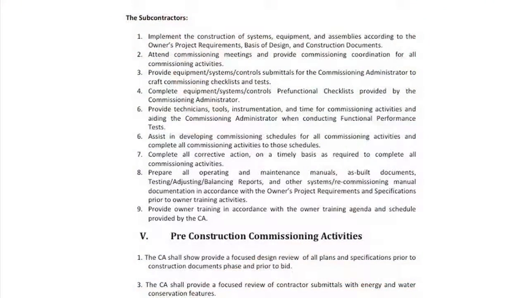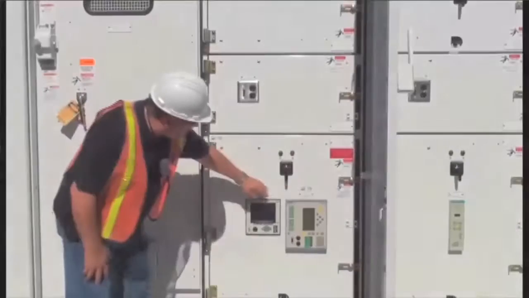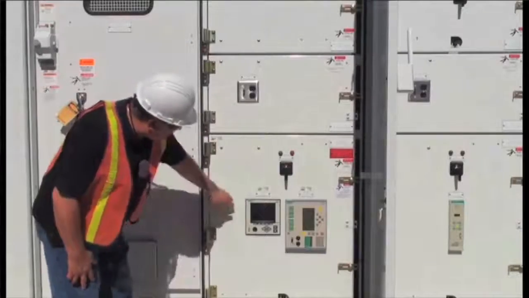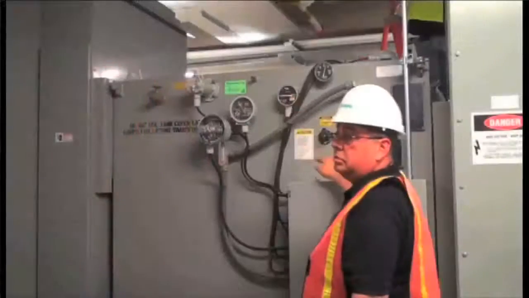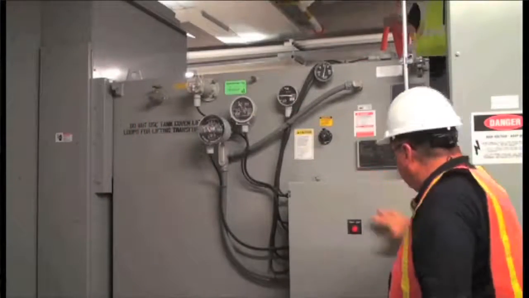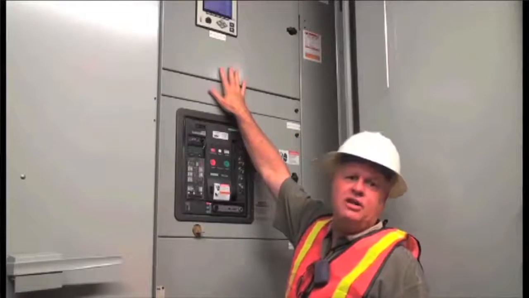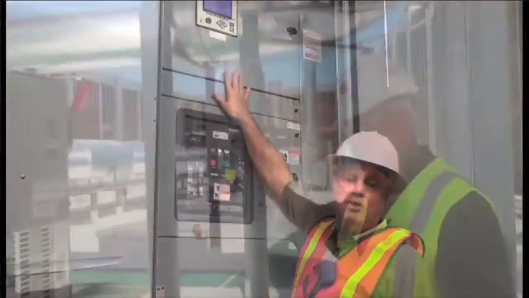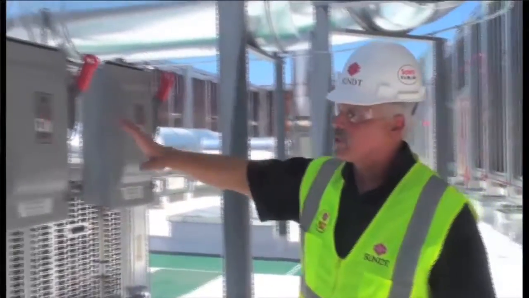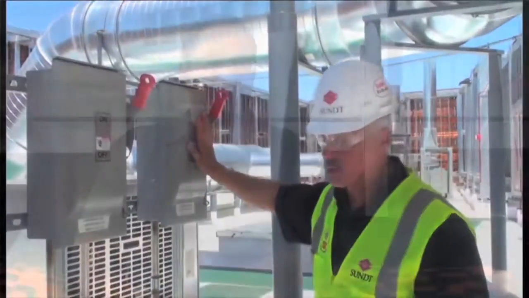And with the subcontractors, basically their responsibility is to implement the basis of design, install the equipment, and help confirm the operation of the equipment with respect to the basis of design and design intent. And then the manufacturers and vendors, they're always required at the time of startup to start up their equipment. Also, there's information for them to fill out as far as pre-functional checks, and they have their own startup checklist